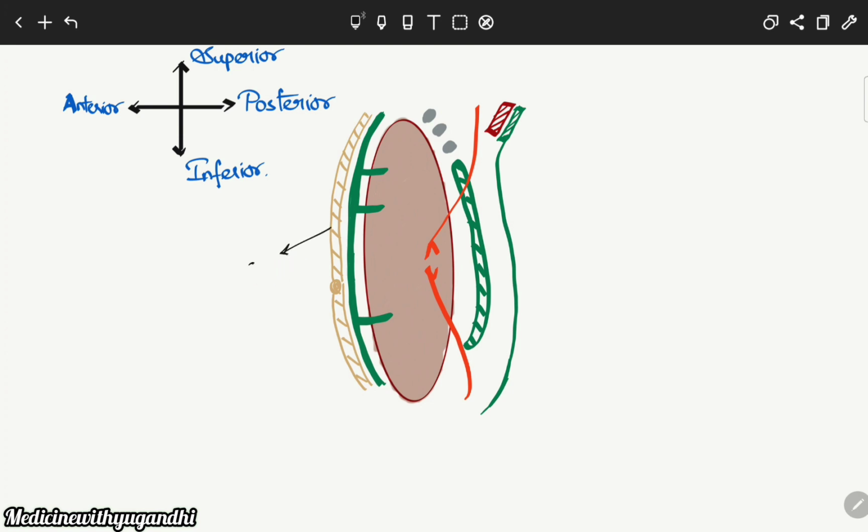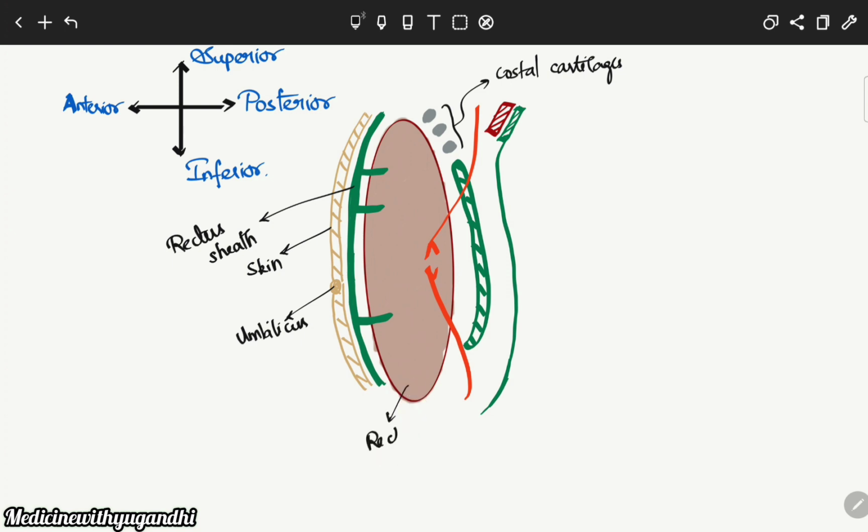Anteriorly you could see the skin, then this is the umbilicus, and here you could see the anterior wall of the rectus sheath with some tendinous insertions, which is commonly responsible for the six packs, and here you could see the costal cartilages, and mainly this is the rectus abdominis muscle,